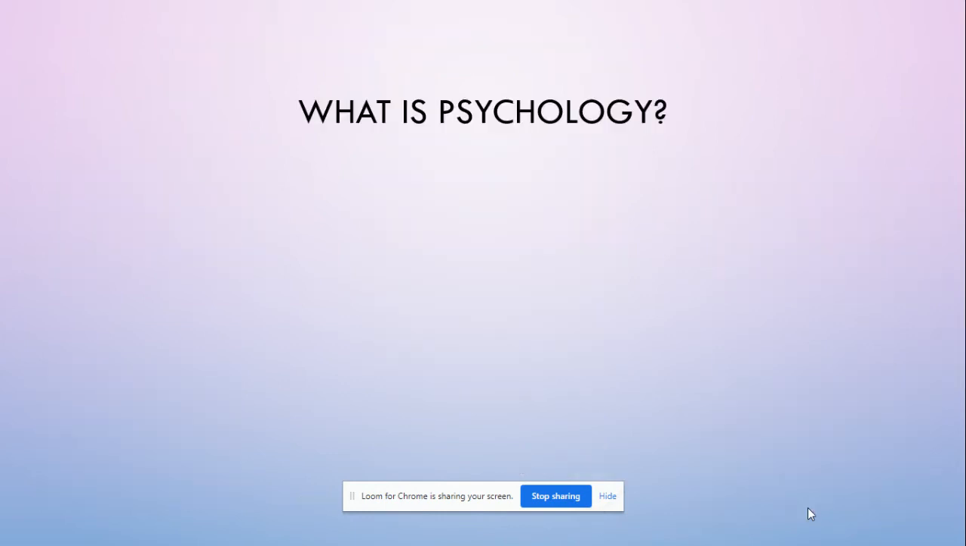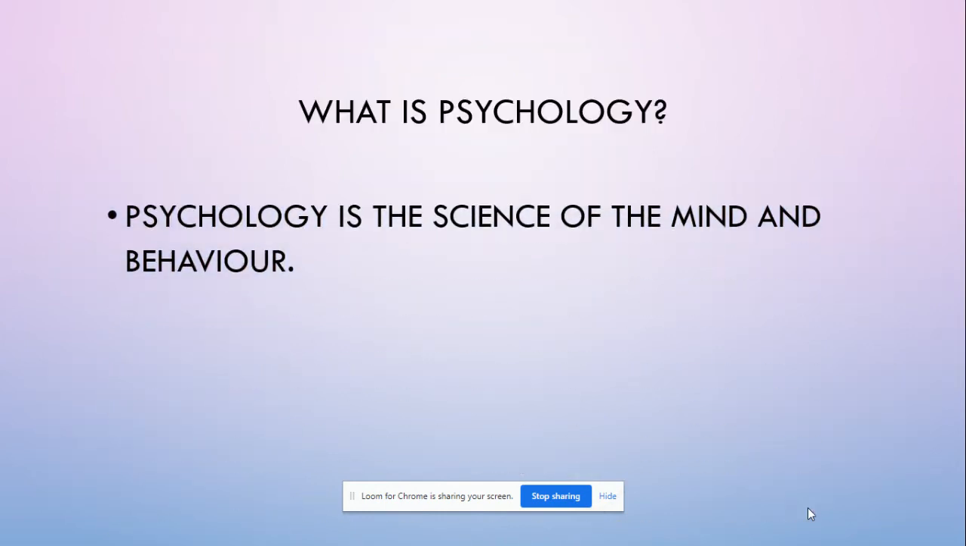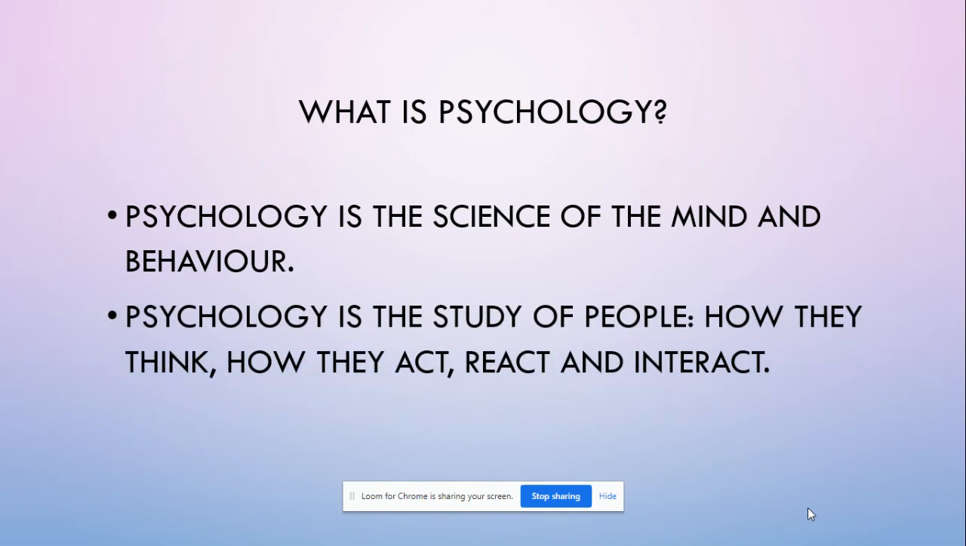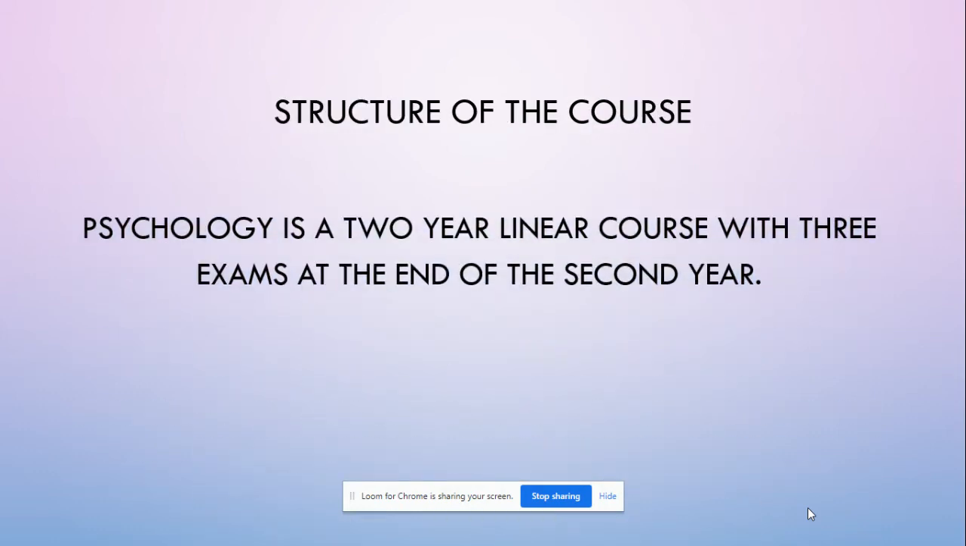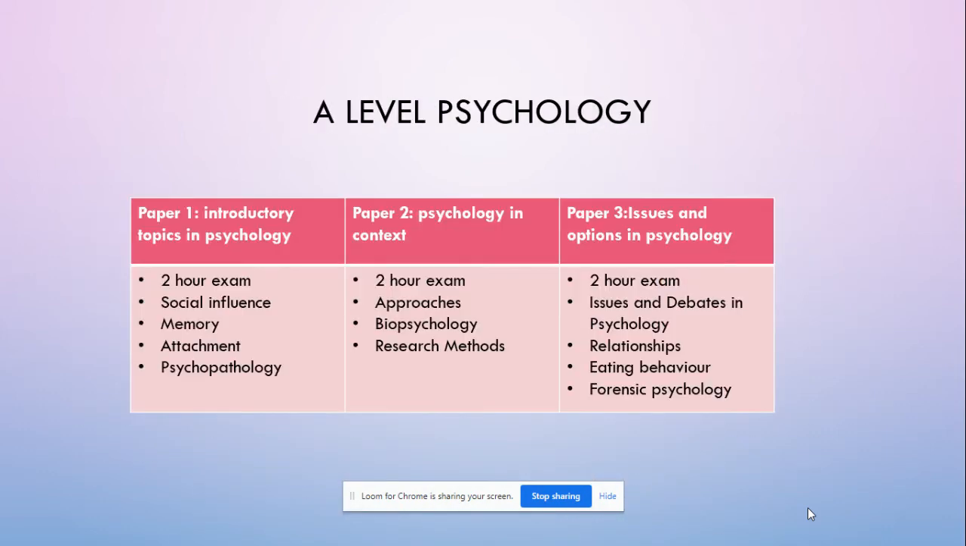Psychology. So what is psychology? Psychology is the science of the mind and behaviour. So it looks at why we behave the way we do, what causes our behaviour. The structure of the course is a 2-year linear course, and at the end of year 13 you have 3 2-hour